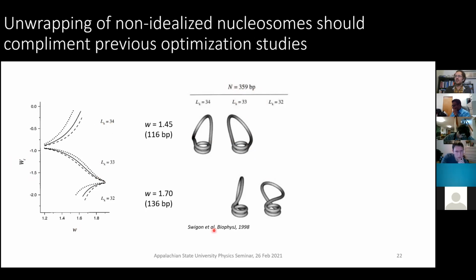If you take a look at some of the observations we got from the Swagone paper, we see that for a highly wrapped structure of 136 base pairs, we'd either have a highly closed structure for a linking number of 33, or closed but more open in the loop in this orientation for a linking number of 32. If they unwrapped it, say to 116 base pairs, they're both open in configuration. So we do see that from previous studies, there is an influence in wrapping.